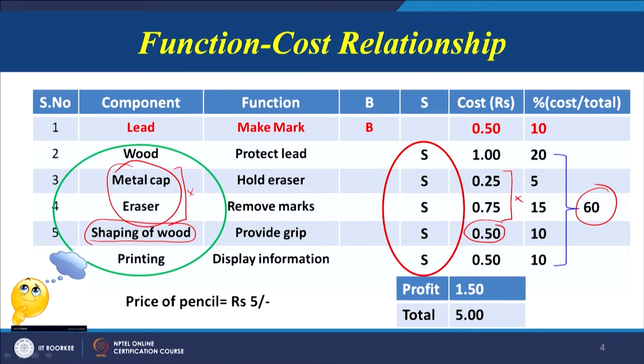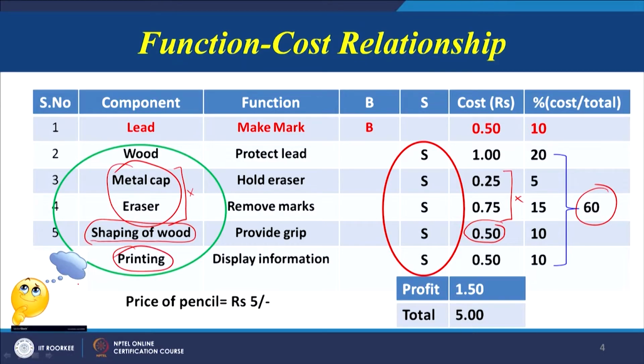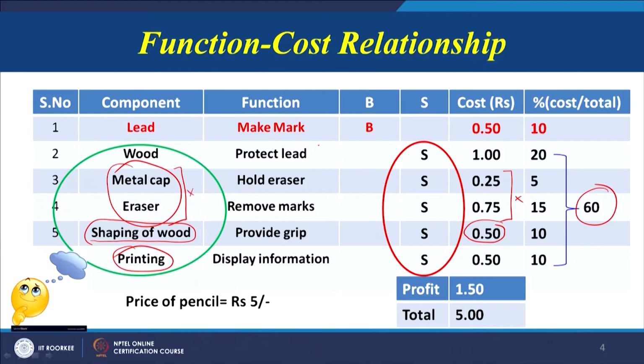Similarly, if the pencil is being used by executives in offices or in conferences, whether we really need to print some cartoon signals on that pencil or not, that is one decision we have to take. On top of that, we can also decide whether we need to print some message such as save trees or save girl child on it, because mature individuals are going to use that product, the pencil, during a conference or a seminar. So these are areas which give us an idea that there is scope for improvement.